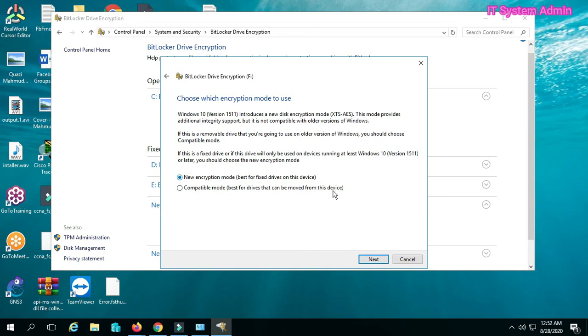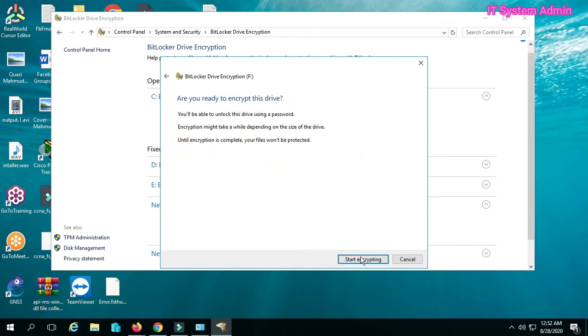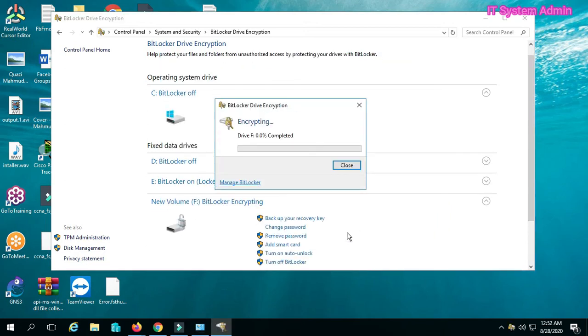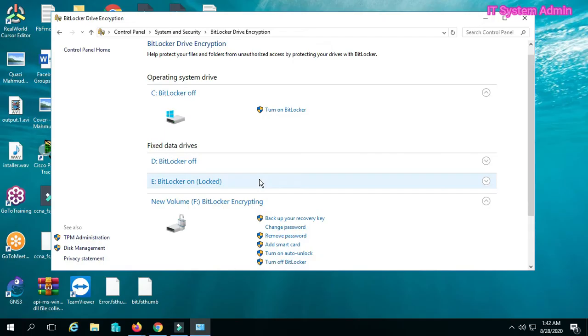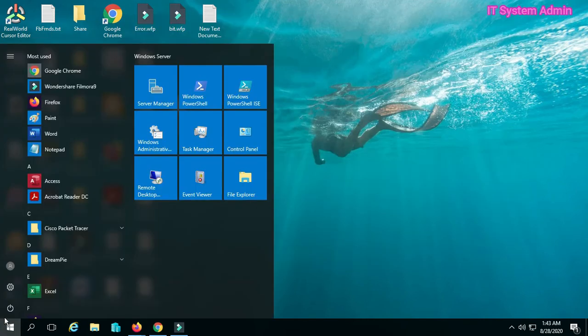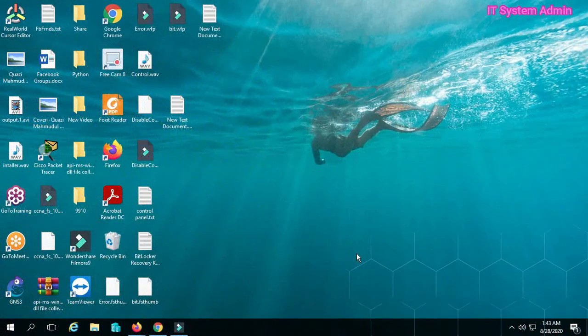New encryption mode. Okay, next, start encrypting. After completion of your encryption process, you just need to restart your computer. Then now you can check,